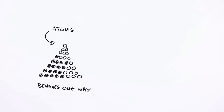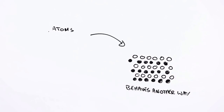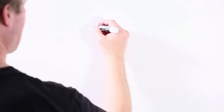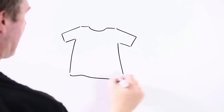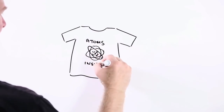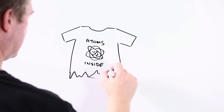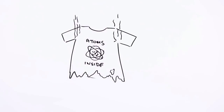Of course, atoms are a bit smaller than the wheels on a car, but the same idea holds. How the different atoms in something are arranged can affect things like how strong or how weak it is, or if it conducts electricity, or if you can see through it, or even what it feels like. In fact, pretty much anything that the stuff around you does, it does because of how all the different atoms it's made of are put together. And this includes the things that you don't want stuff to do, like breaking, or smelling, or running out of